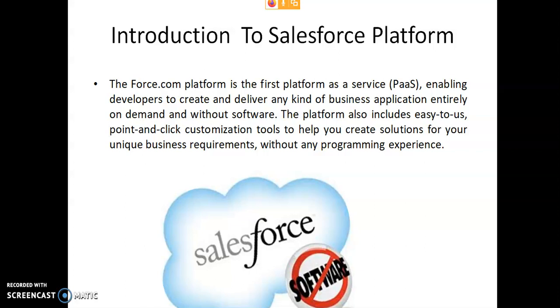So let us start by learning about Salesforce. Salesforce is the world's first and most popular CRM system, headquartered in San Francisco, with more than 82,000 companies and 1 lakh customers relying on this dynamic web-based low-cost customer relationship management platform.